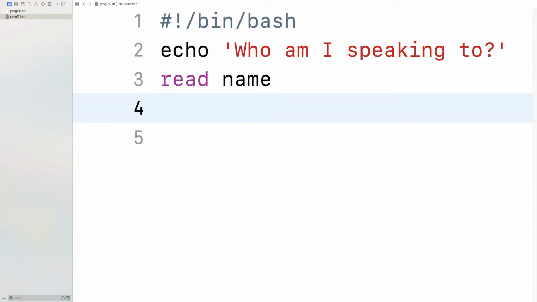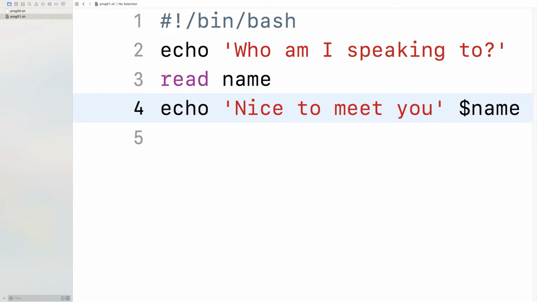So here we are reading or accepting this name as an input from the keyboard. And finally I will say echo nice to meet you, and let us say dollar name. Okay, so let us go ahead and save this.